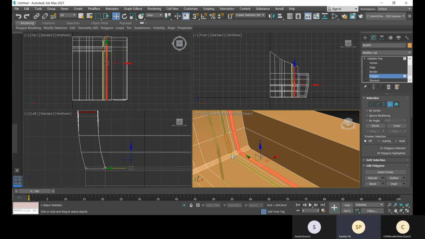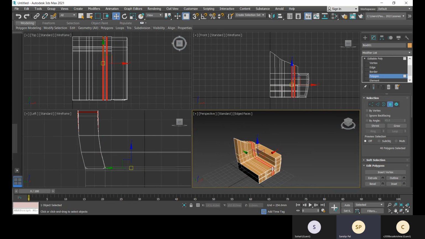Okay, I don't need this sitting portion to be selected. To deselect, we can do it by pressing Alt. Because this crossing is there, I'll make it window.